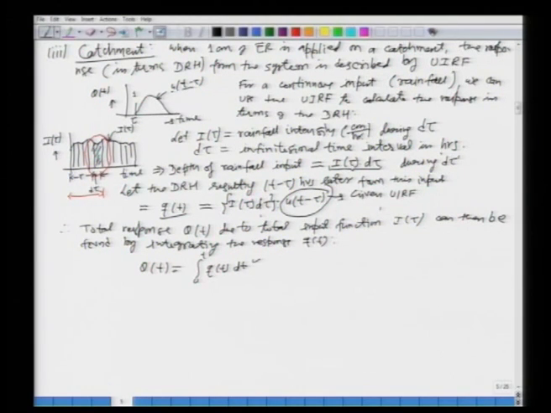Now, q t we have already written from this equation. This whole expression is your q t. So, if you put it in here, what you will have is this integral 0 to t of I tau u t minus tau d tau. I am going to number this equation as 7.2.1. Okay, and let me put it in a box also,